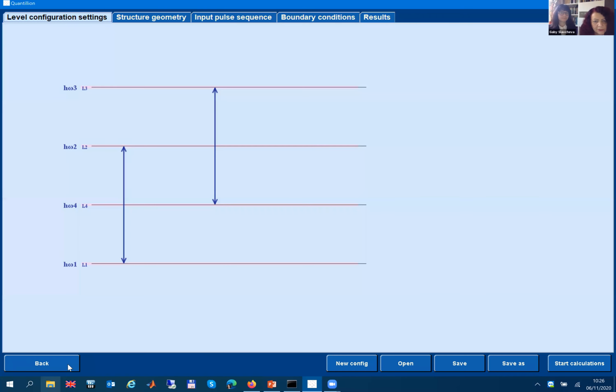The levels are shown in this sequence. The energy separations between the levels are set up basically. As you see, level 4 is in between level 1 and 2 in this case.